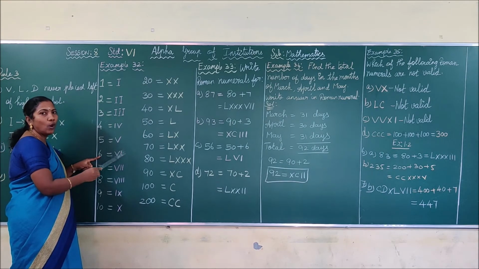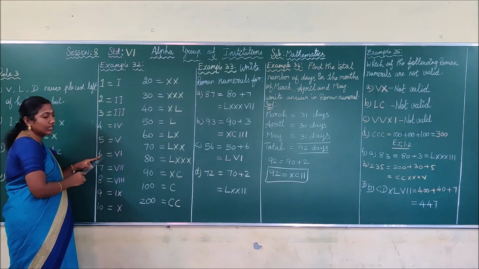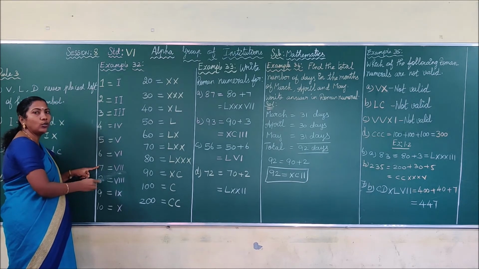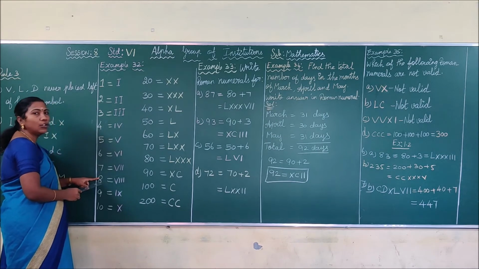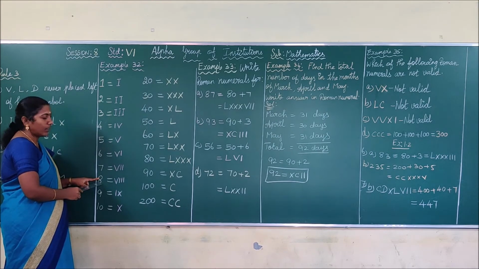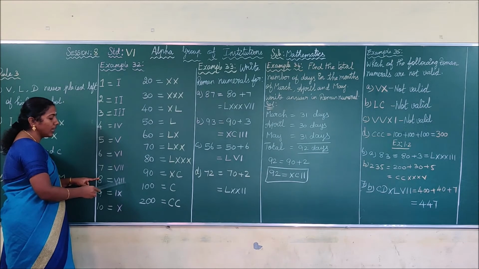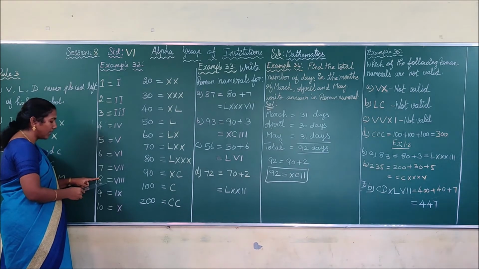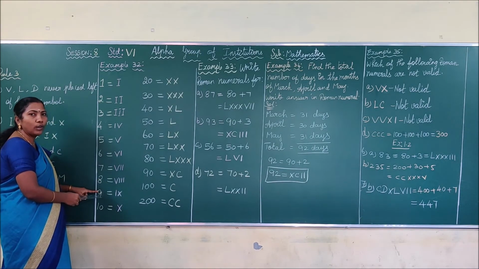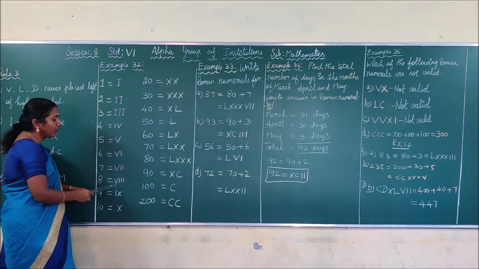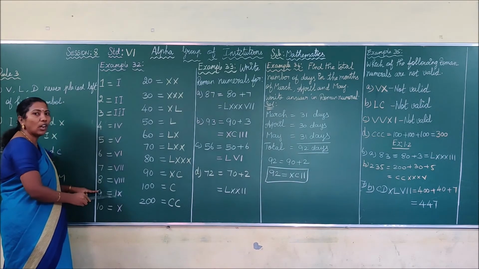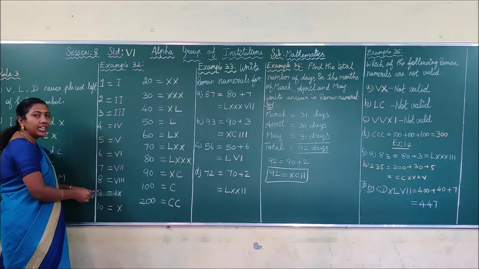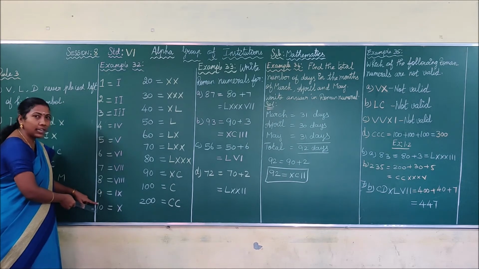That is, you have to add 1 with 5, you get 6. Similarly, for 7, you have to add 2 with 5. That is VII. Okay. And for 8, you have to add 3 with 5. That is VIII. That is the Roman numeral for 8. Then how can you write the Roman numeral for 9? Don't write V along with 4 I's, because I should be repeated a maximum of only 3 times. So you have to subtract 1 from 10. That is IX. What is the Roman numeral for 10?